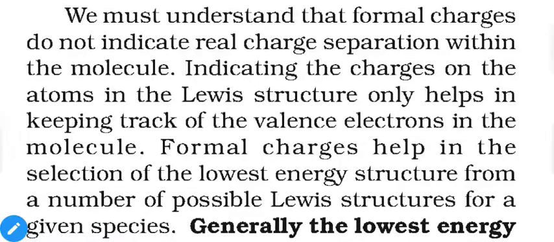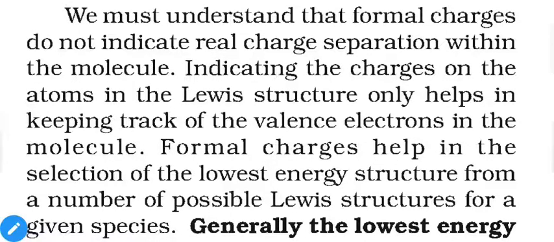That means you can find different possible Lewis dot structures using the same method, but the sharing of electrons will be different. When you get two different structures, how can you find which structure will be more stable? For that, you can calculate the formal charges. The lower the charges, the more stability, and the higher the charges, the less stability.